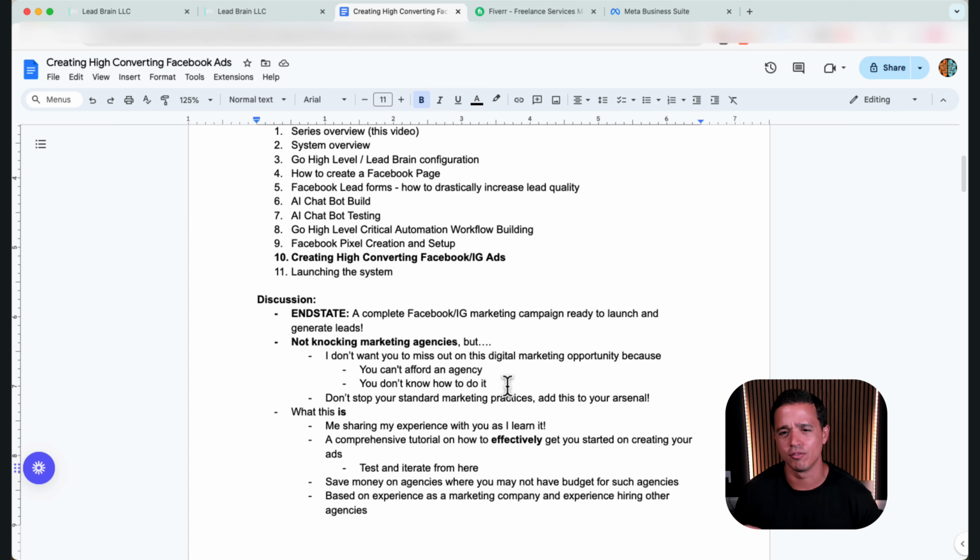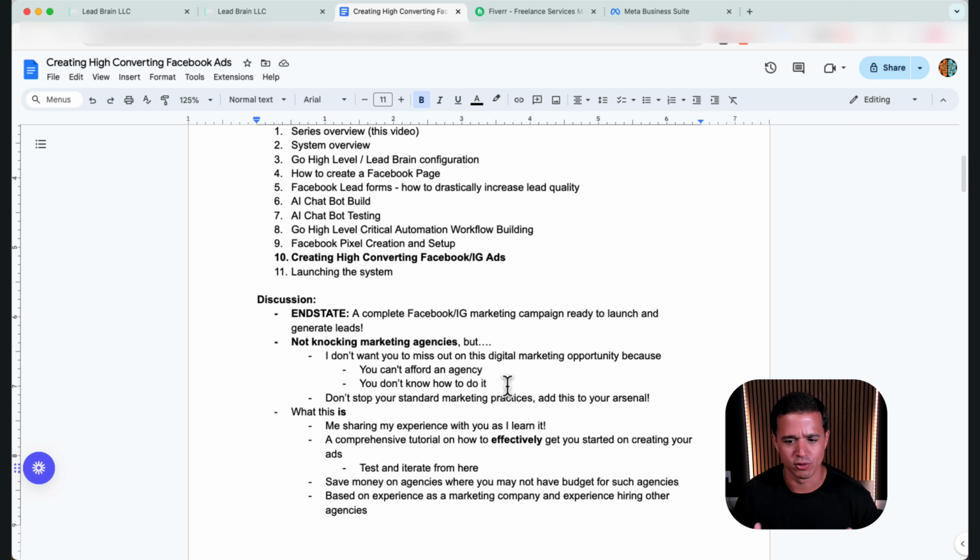stuff is really powerful. Like, I don't want you to stop doing your door hangers or your door-to-door sales or your yard signs. I don't want you to stop doing any of that. Don't stop going to trade shows. Keep doing that stuff. But once you start to implement the digital channels into your business and you get good at it, it's way more scalable. You're able to reach so much more people with so much less time, with so much less money, with so much less